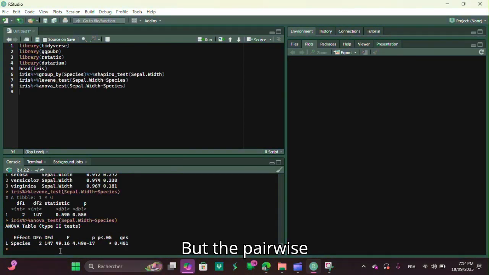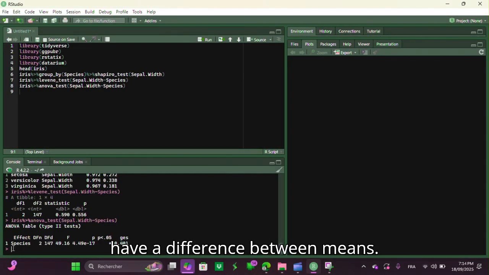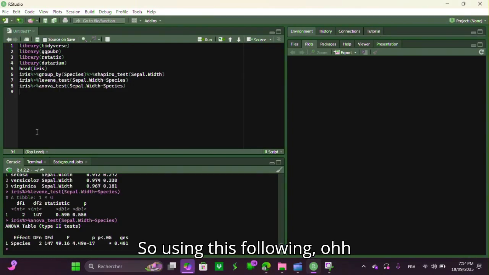But for the pairwise test, in this case, we must use Tukey HSD, which refers to honestly significant difference, and tells us which groups, for example, have a difference between means. So using the following,